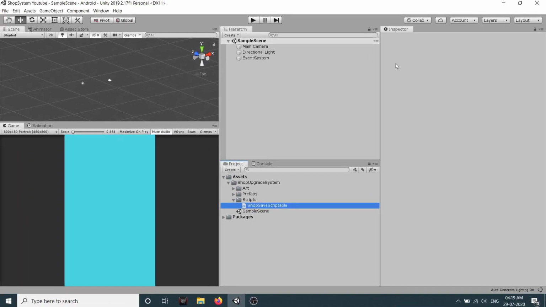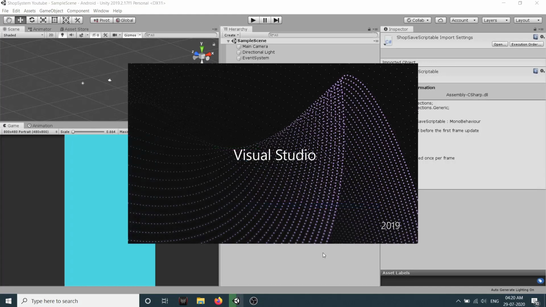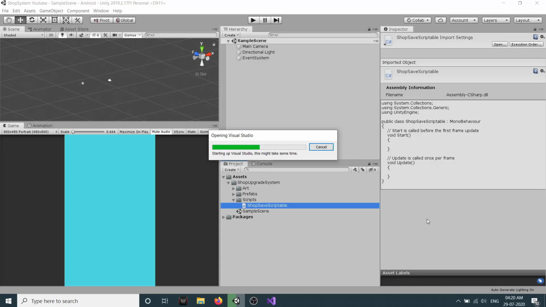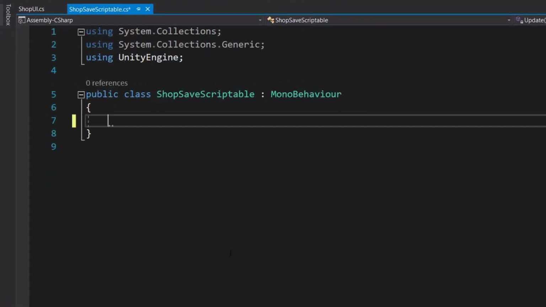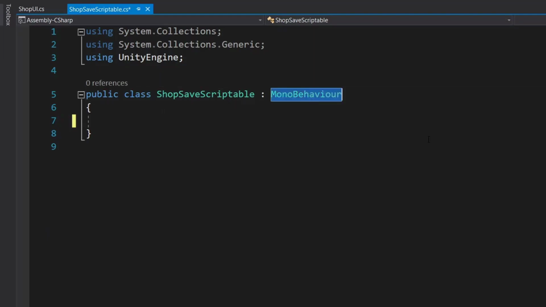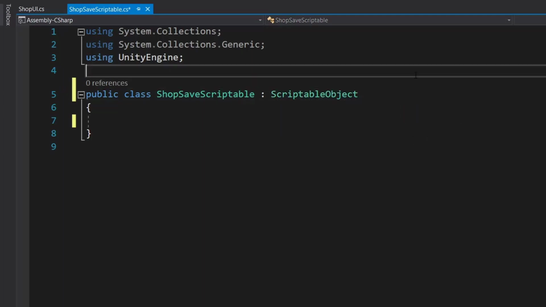Now here we are going to use scriptable objects for saving the information as well as for loading the upgrade item upgrade information. Double click on this shop save scriptable to open it in editor. So we don't need this start and update, we can remove them as it will be a scriptable object. We need to inherit it from scriptable object and not mono behavior.